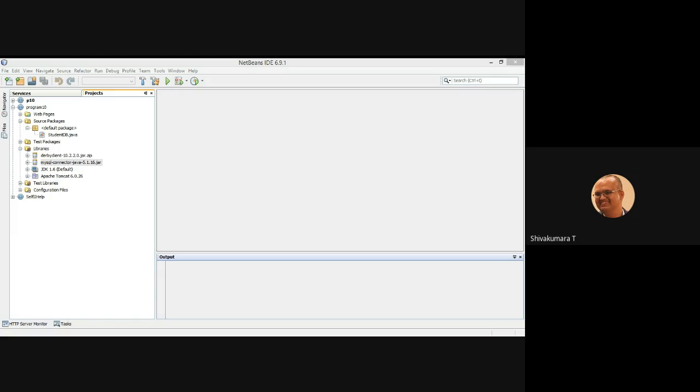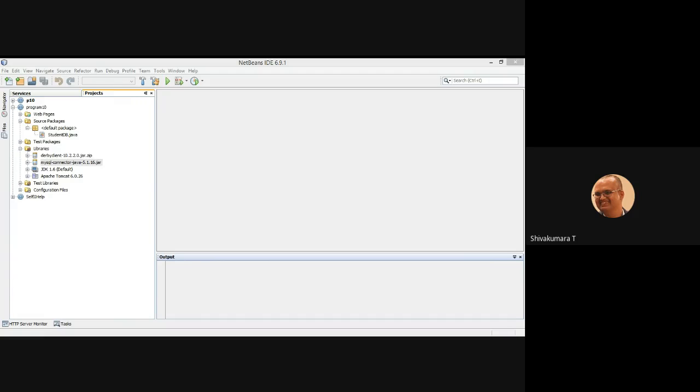Today, we are going to learn how to build code for a Session Bean, Enterprise Session Bean. The Enterprise Session Bean is again subdivided into three: singleton, stateless, and stateful.